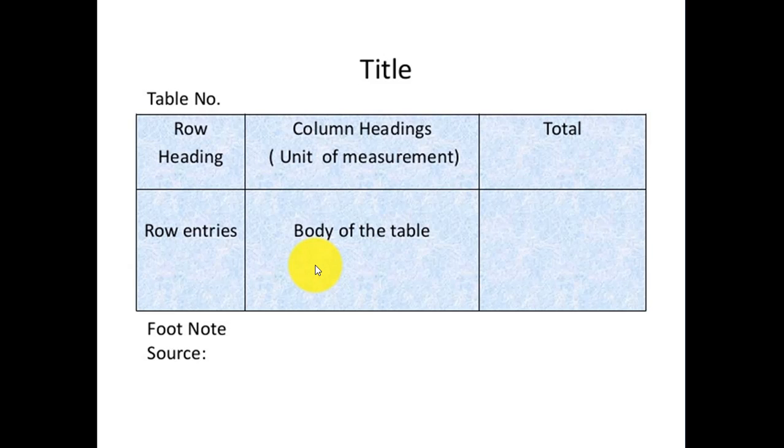Column heading is also known as caption, and total, that is rows. Column head is there, and subheads must be given over here. So there are different components, or there are different names particularly given to the different kinds of tables. What are the precautions we should take into consideration when we are plotting any kind of tables?